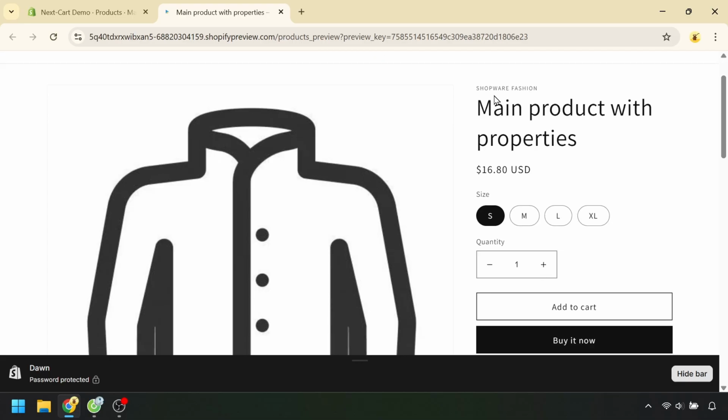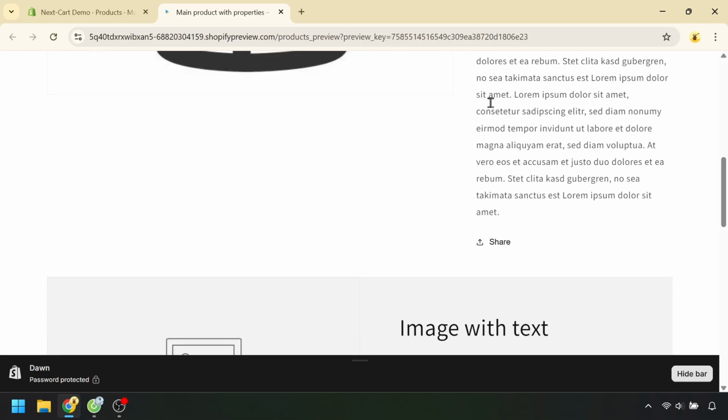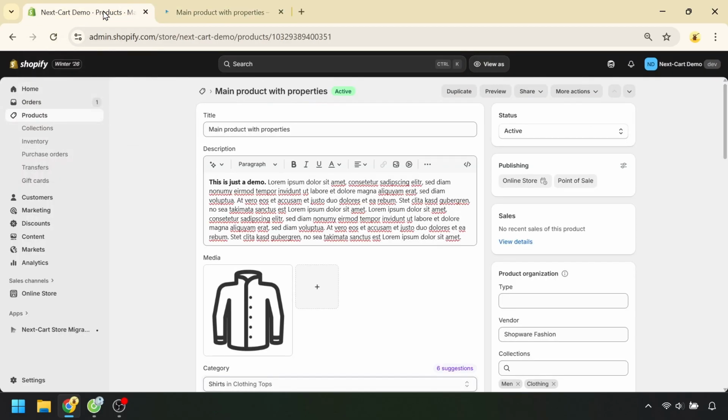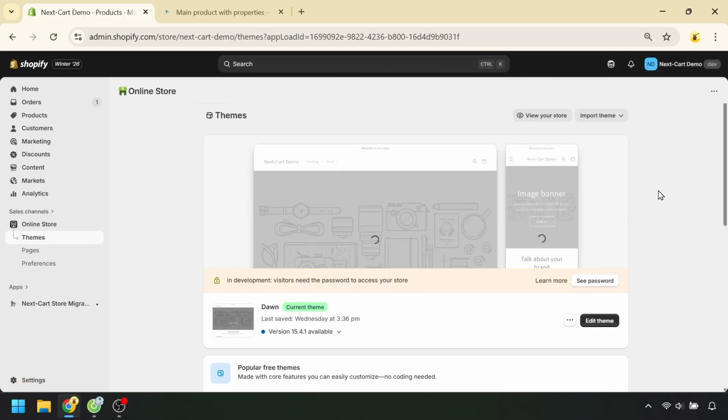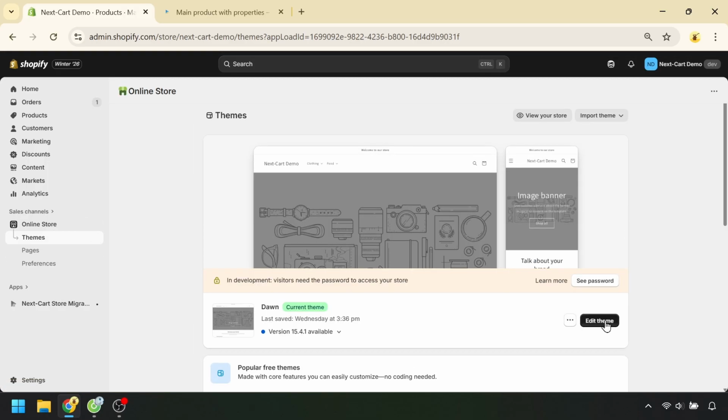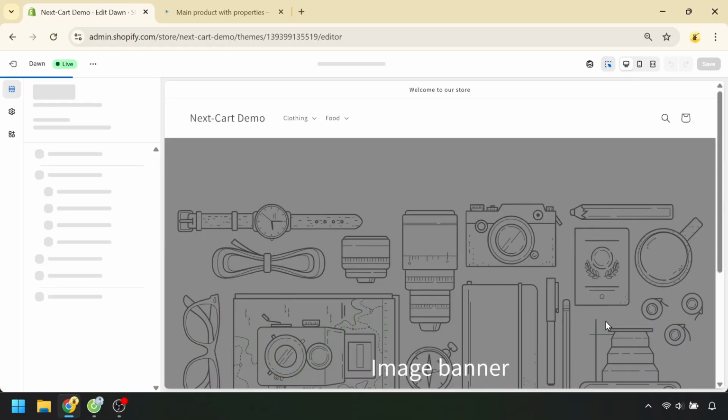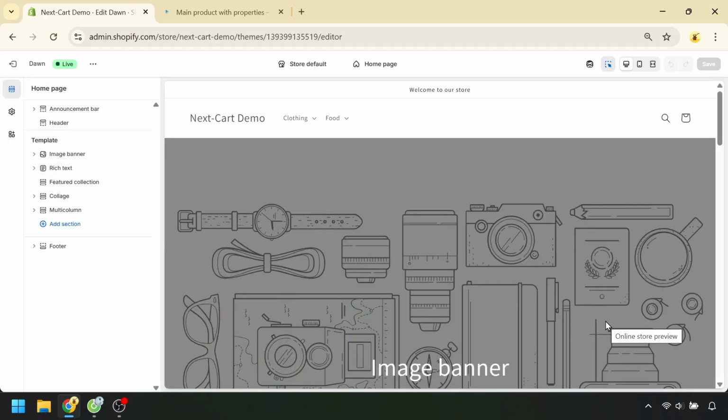check the result. Wow! As you can see, nothing is showing up, even though the data is clearly filled in. This is completely normal. In Shopify, Metafields are just data. They don't automatically appear on the storefront. To make a Metafield visible and live on the website, you need to go to the online store and select Edit Theme. At this point, notice that we're on the home page, so everything you see here is